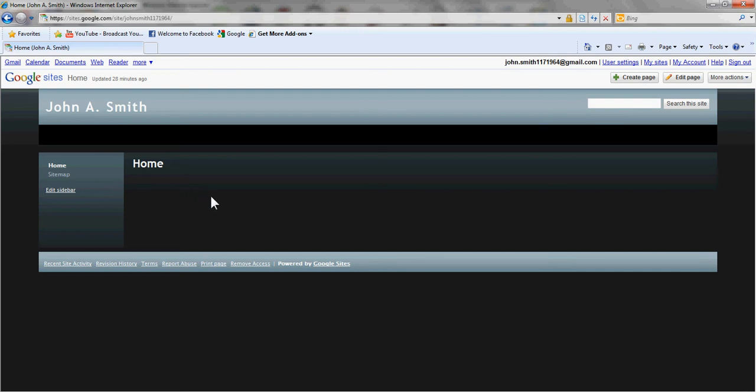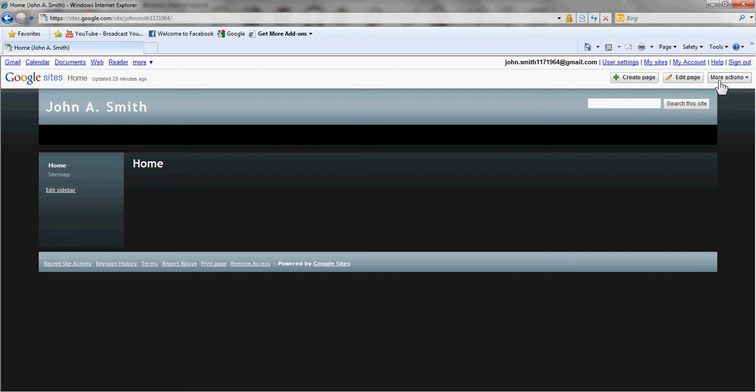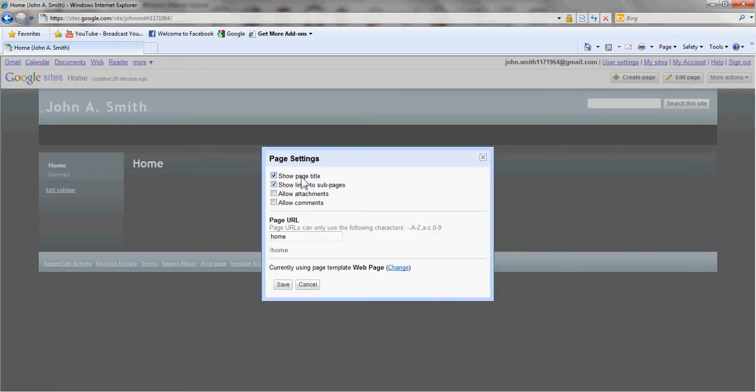Now we're going to remove the title here where it says Home. I still want people to be able to click on the home page in the sitemap over here to get back to it, but I don't want them to see this word Home. So I'm going to go in here and say More Actions, go down to Page Settings, and take the little check mark away from Show Page Title. I'm also going to take away the check that says Show Links to Subpages,